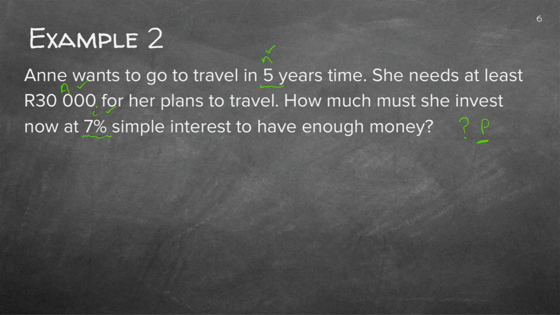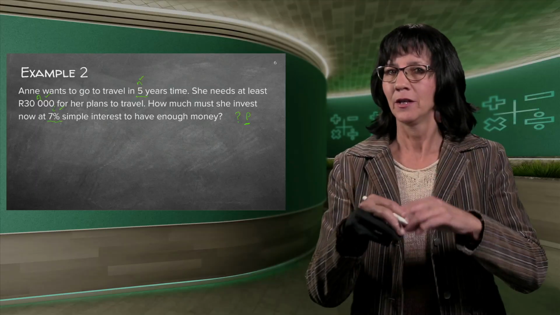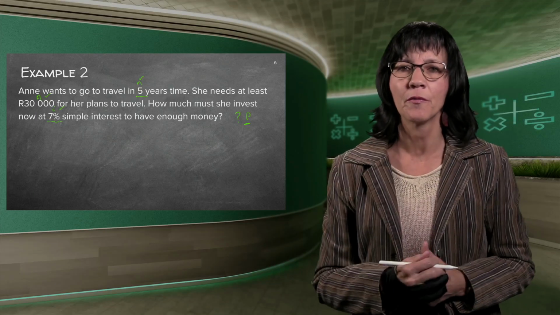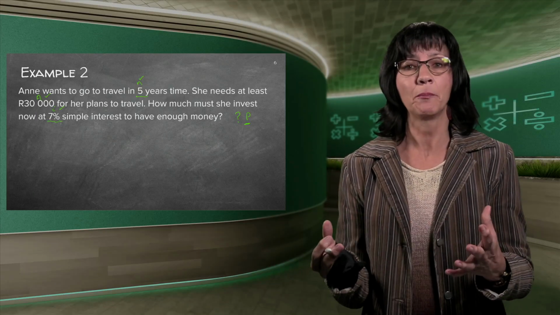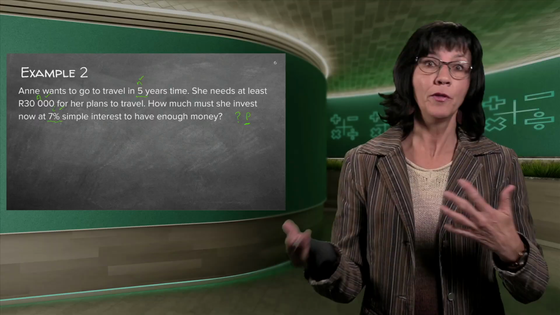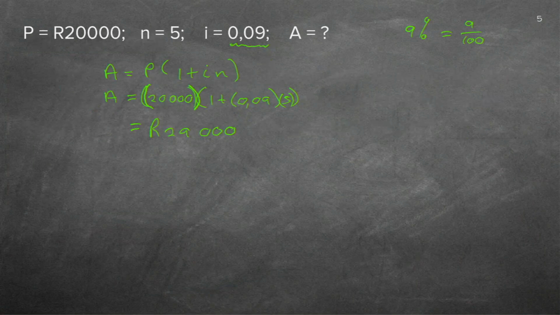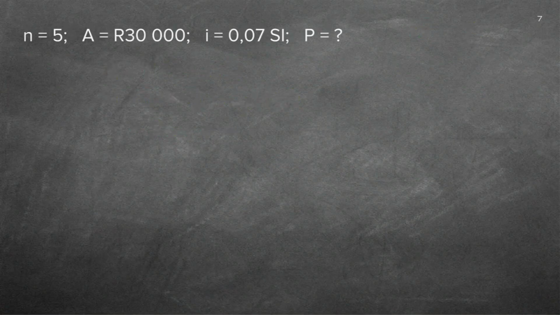So it's a straightforward, simple, that's why they call it simple, formula. You fill in what you have, and you work out the one that you do not have. And because it's so simple, we can ask you now to find the P, or the I, or the N, or the A, because there's 4 letters involved. So let's just get space and do it. Okay, there's everything summarized.